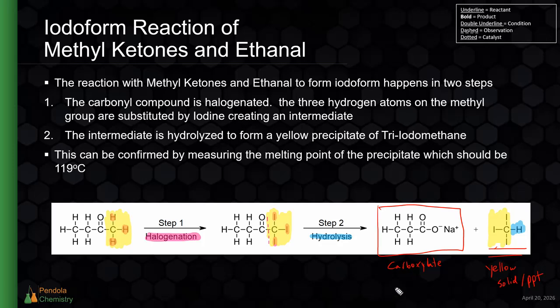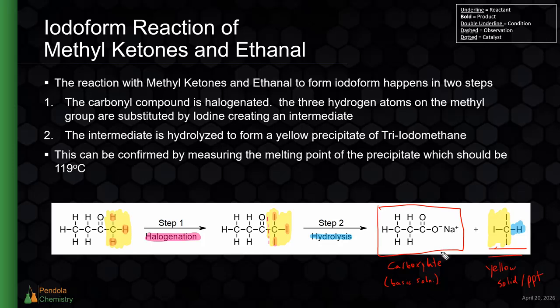Again, remember that because this is in basic solution, we cannot have a carboxylic acid. We can only have a carboxylic acid in an acidic solution or even maybe a neutral solution. But in a basic solution, that carboxylic acid gets deprotonated and we get the carboxylate ion. And in this case, the sodium ion from the sodium hydroxide will attach to it, creating that salt,